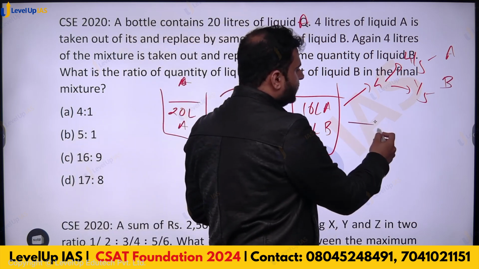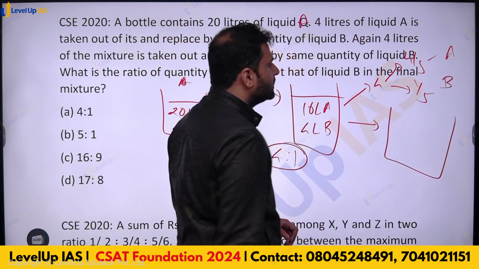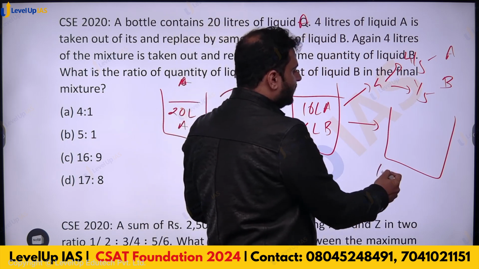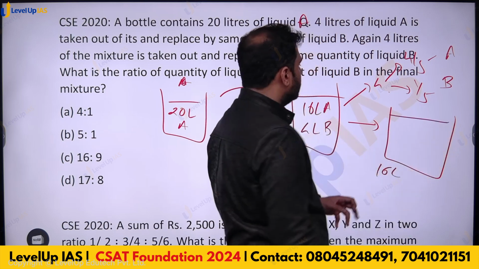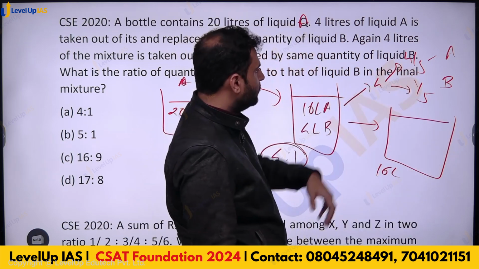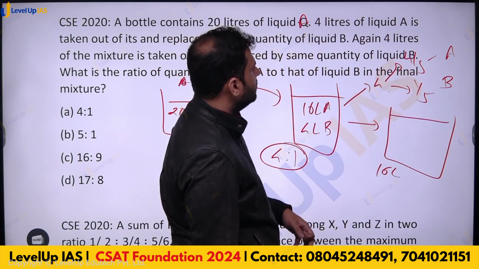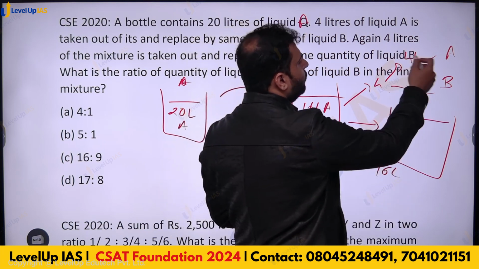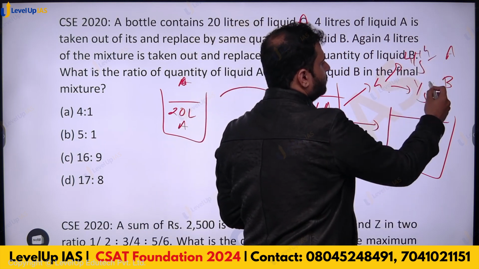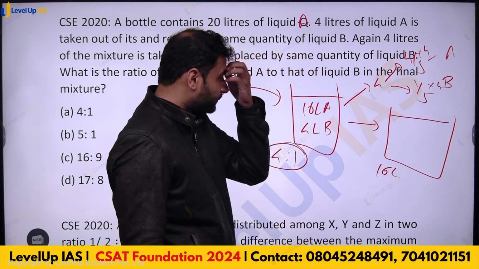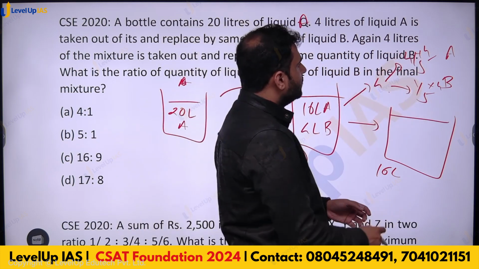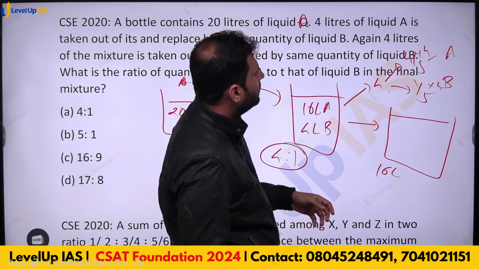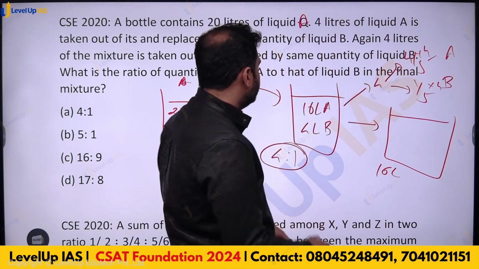So we have 16 liters of mixture, out of which A is 16 minus 4 by 5 into 4 liters. So this is 16 minus 16 by 5,